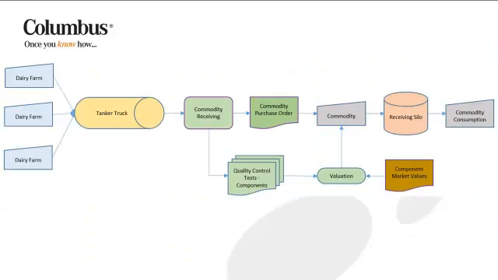This illustration shows the process from receipt through consumption. The normal purchase cycle would be to issue a purchase order followed by a receipt against that purchase order. With many commodities, like milk, there's a long-term contractual commitment with the vendor for a series of shipments against the contract. With Columbus, the purchase order receipt sequence is reversed. The receipt is the first event, and the posting of a series of receipts against a purchase order is transparent